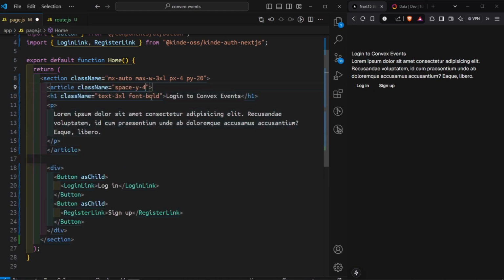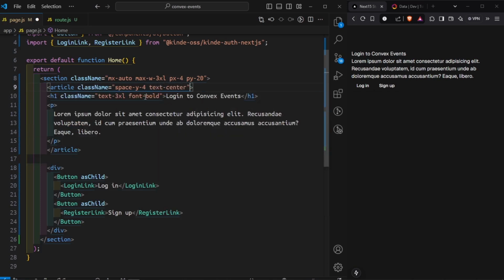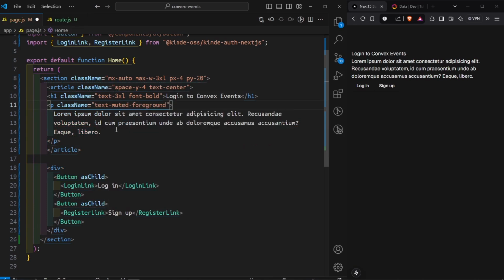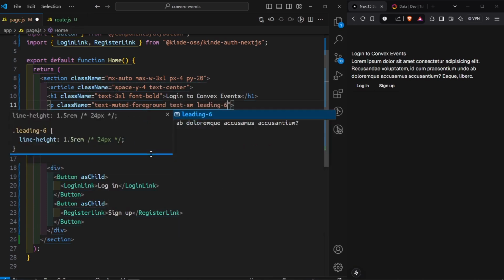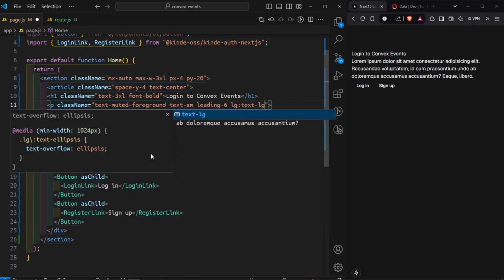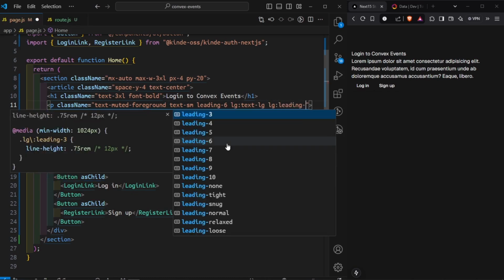And then let's also say text-center. And then for the paragraph, I'm going to give it a class name here of text-muted-foreground, so that it's a bit grayed out. And then I'm going to say text-sm and leading-6. And then on large screens, we're going to say text-lg, and on large screens, leading-7 to increase